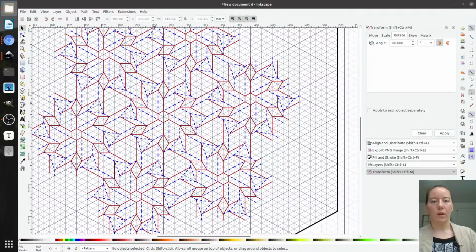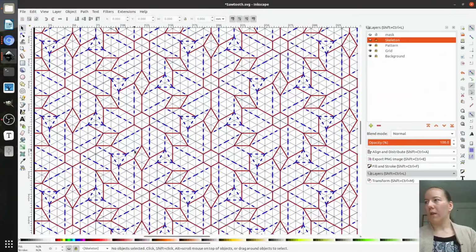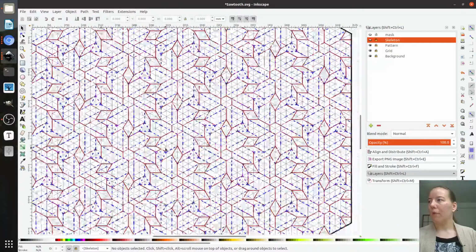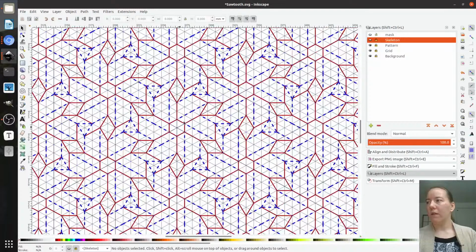Yeah, here we are. Here we go. So with this pattern, and I'll turn off the skeleton. Yes. This is precisely the pattern that we were working on before, where we have our hexagons in the center,